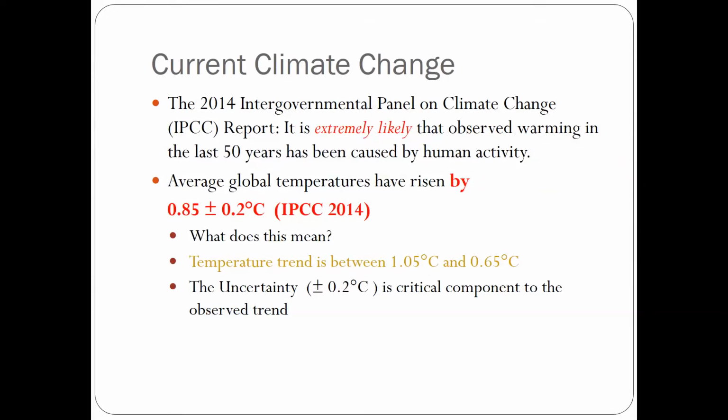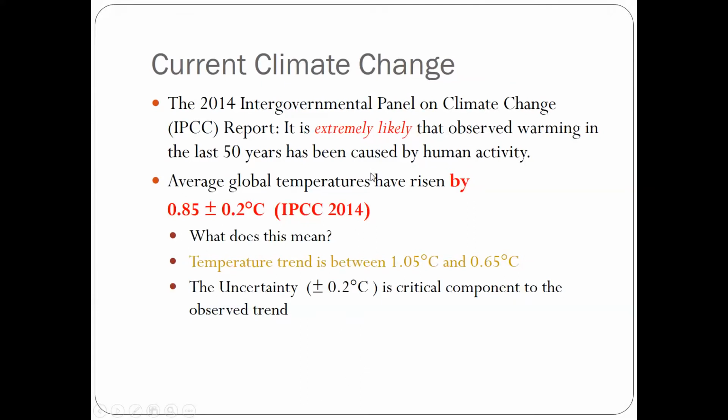Now, with all of that said, with the increases in carbon dioxide, with the increases in methane, there are other things that have changed as well. Changes in land use is one of the big things. We've, in a sense, paved paradise and put up a parking lot. We'll talk more about that in a few lectures. By doing that, we've also led to warming. We've decreased the amount of vegetation we have on Earth. That's decreased the amount of carbon dioxide that can be absorbed. With all of that said,